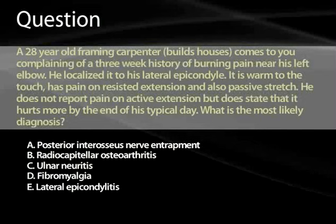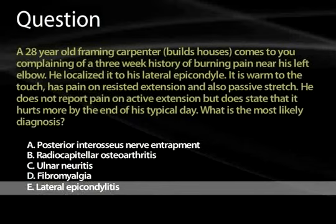In this particular question, we're looking at lateral epicondylitis, sometimes referred to as tennis elbow, but in this case, because he's a carpenter swinging a framing hammer, this can also cause extension problems. It also depends on how he swings. He could even have de Quervain's tenosynovitis from swinging a hammer, which would affect the outcropping tendons associated with the